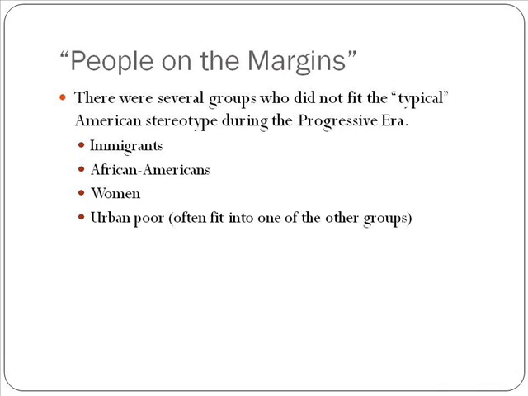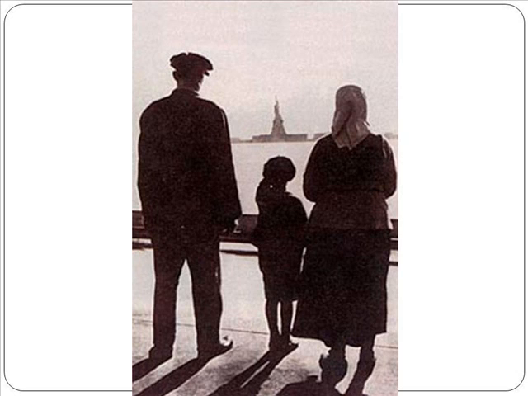Throughout Unit 1, especially Part 1 of Unit 1, we're going to be talking a lot about this idea called people on the margins. And these are groups who don't fit the typical American stereotype and are kind of separated from the rest of American society. We're also going to use the term disenfranchised groups. So people who are separated out from mainstream American society. These include immigrants, which we're going to talk about today, the urban poor, which we've already talked about in class a lot, and we're going to continue to do that, women and African Americans, as well as some other minorities. So just know that we will talk about all of these throughout Part 1.